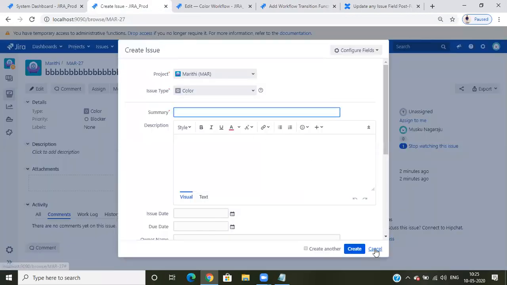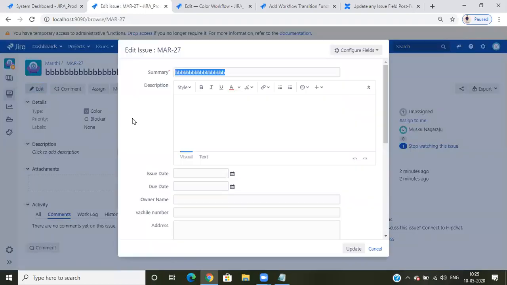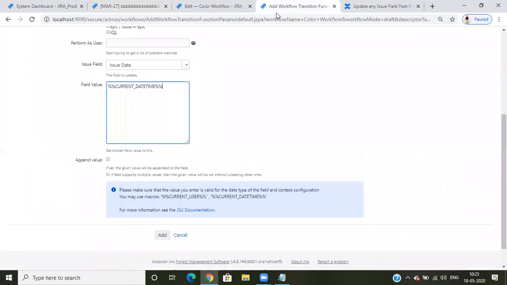Suppose here I have reporter. Reporter is a field, Nagaraj is a value. Suppose we have an address. Address is a field. In that, if we have anything, that is called a value. Suppose color is a field. This is the value. Remember that. And the value should capture the current date.